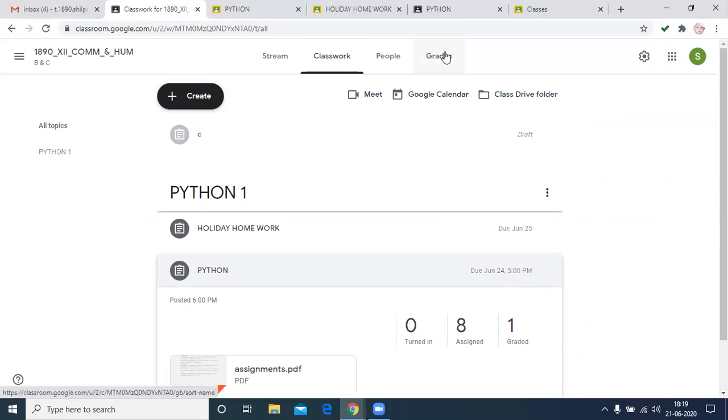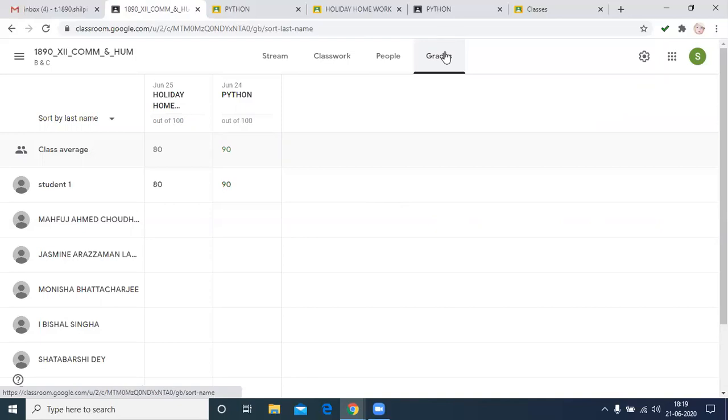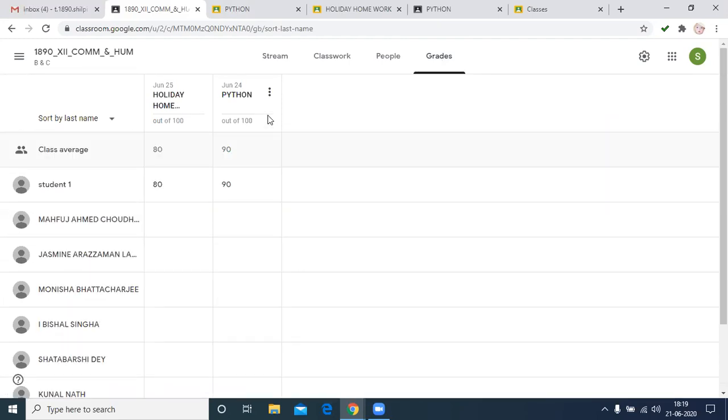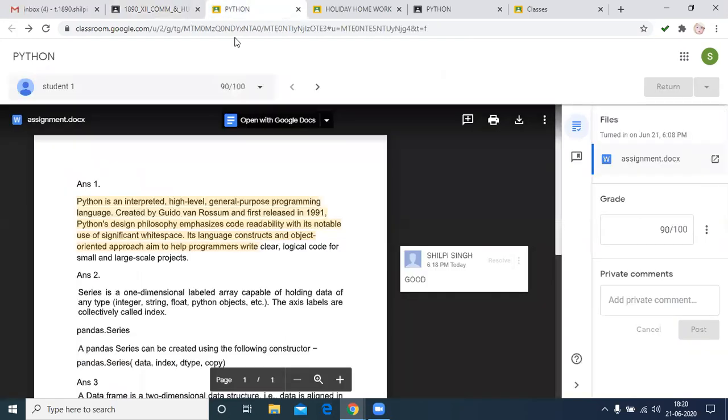Then we can also download this grade in the form of an Excel and CSV file. Okay, I think it is clear how to give assignments, holiday homework, and class tests, and how to check the copies and return them to the student. Then after returning, the student is able to display and watch what errors have been made by the student. Okay, this is about the assignments. Thank you and have a nice day.